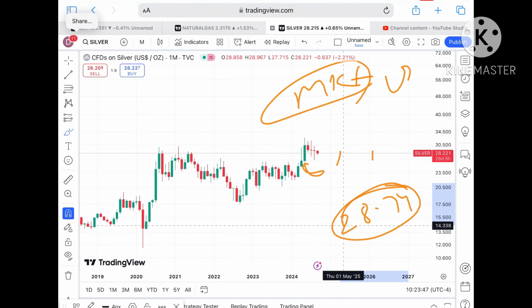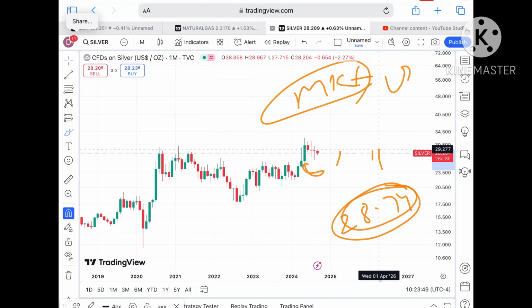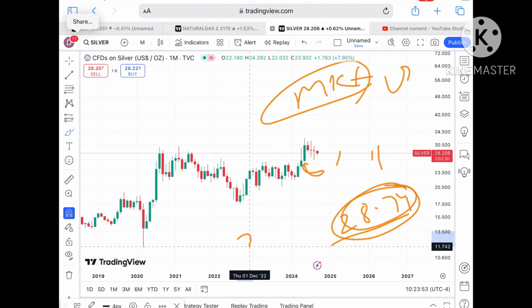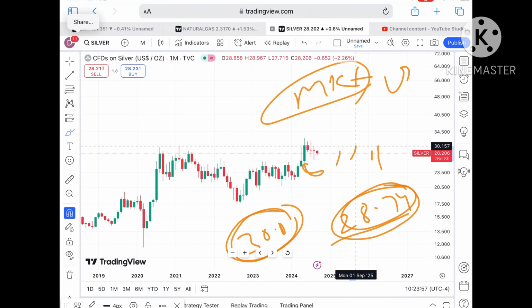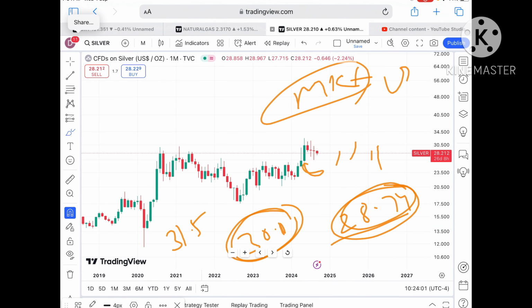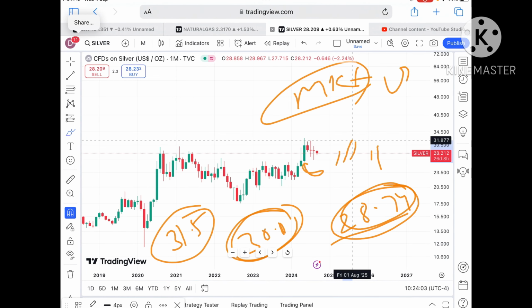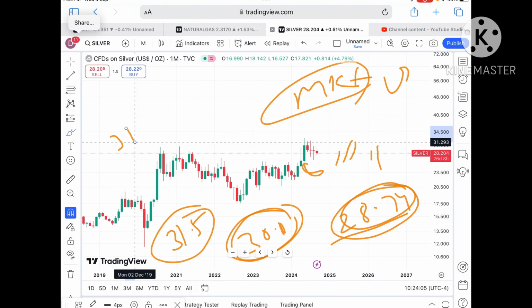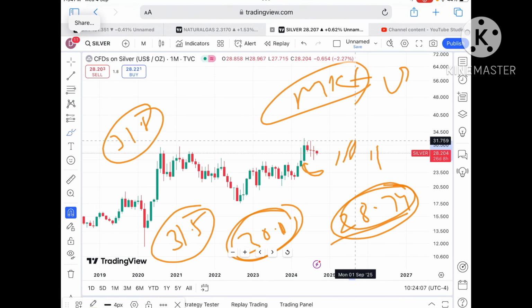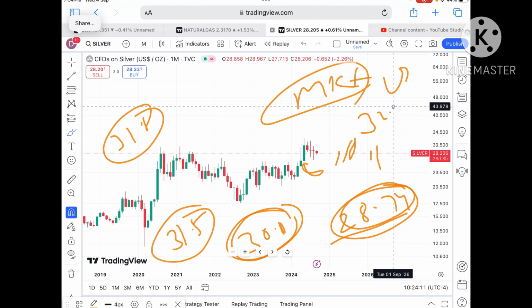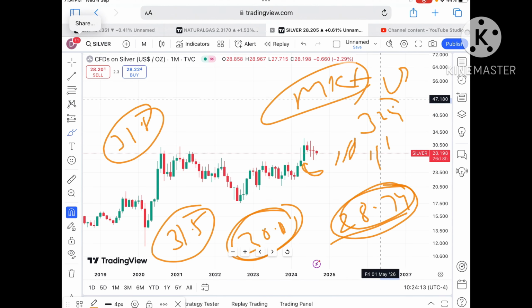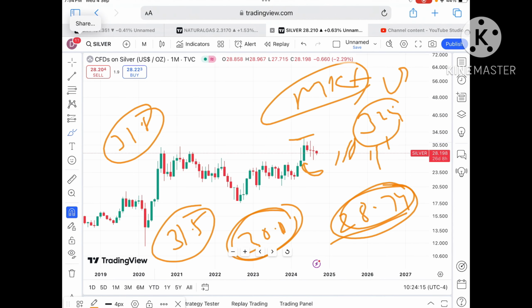If the price moves above that particular 28.7, which is already a weak support turned resistance, chances will be high it can cross this level and go above to 30.1. This 30.1 is also being tested, so chances are it will cross that level and go towards $31.5. And if that sustains, a further upside towards a level of 31.8 we can see. Then it will touch a level of $32.4, which is half of this zone.